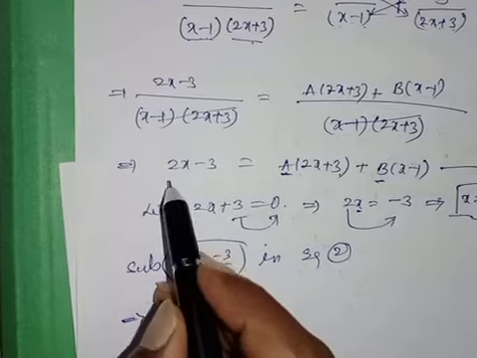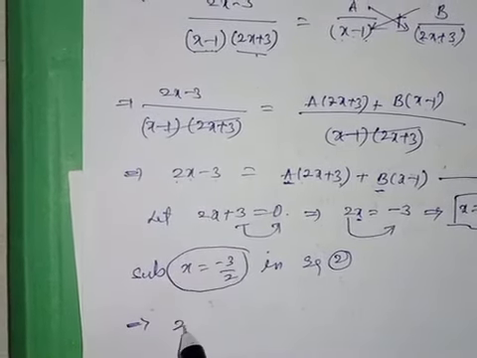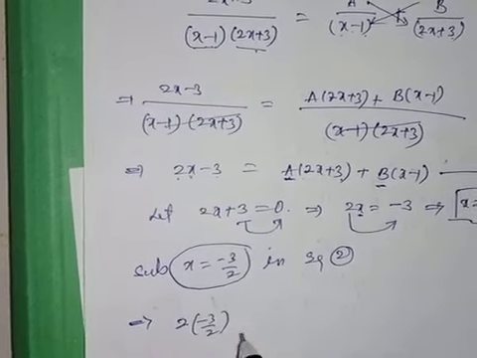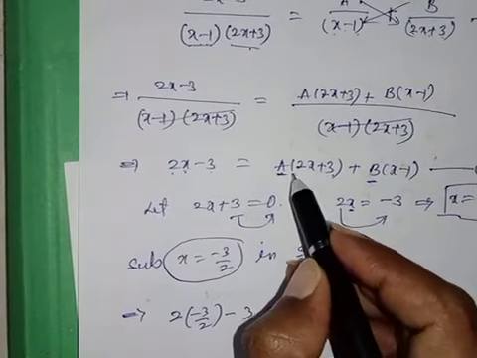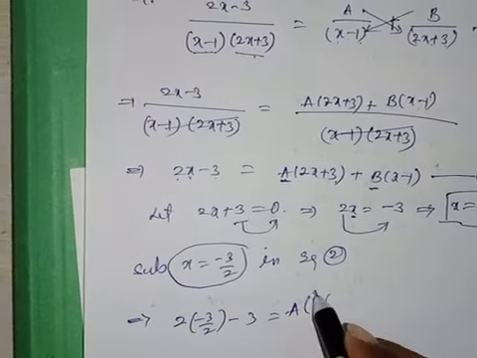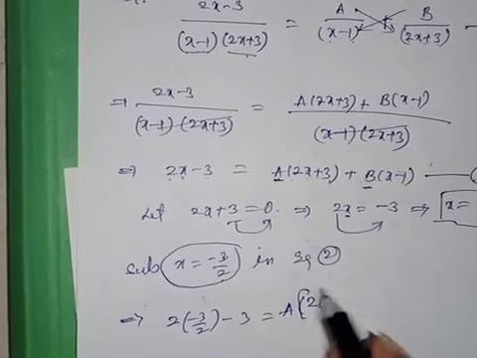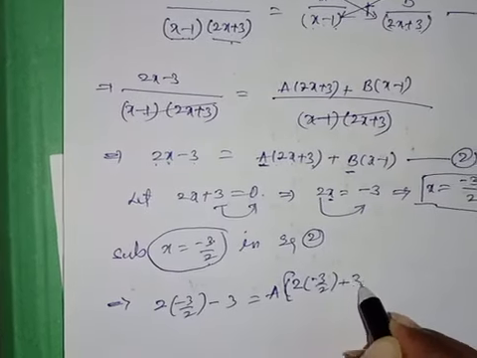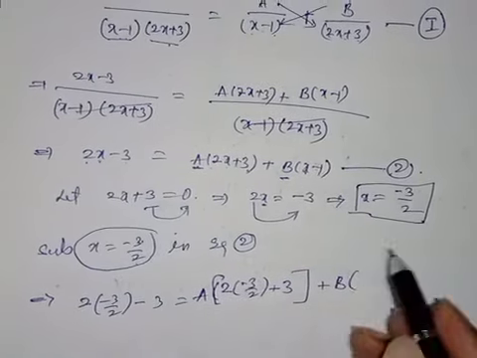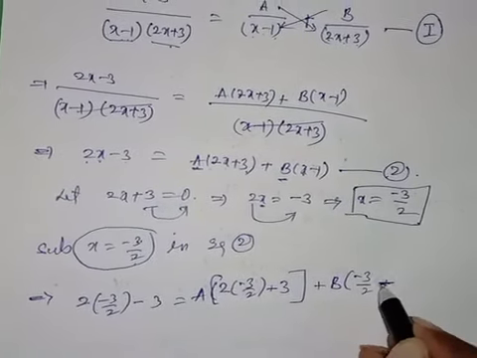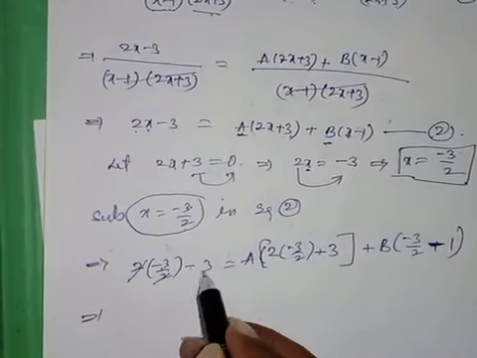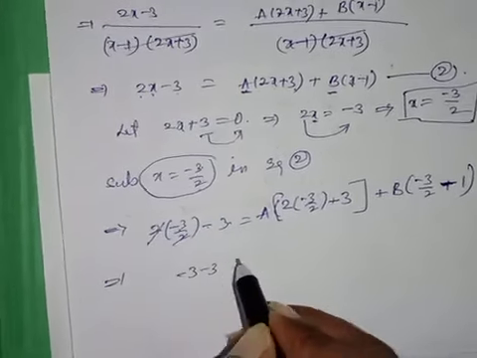What is equation number 2? 2x − 3, that is 2 into x, but x is equal to minus 3 by 2, so 2(−3/2) − 3, which is equal to, substituting on the right-hand side, A into 2x plus 3, we know that x is equal to minus 3 by 2, plus B into (x − 1), but x is equal to minus 3 by 2 minus 1. See here, the 2 ones get cancelled. Minus 3 minus 3 is